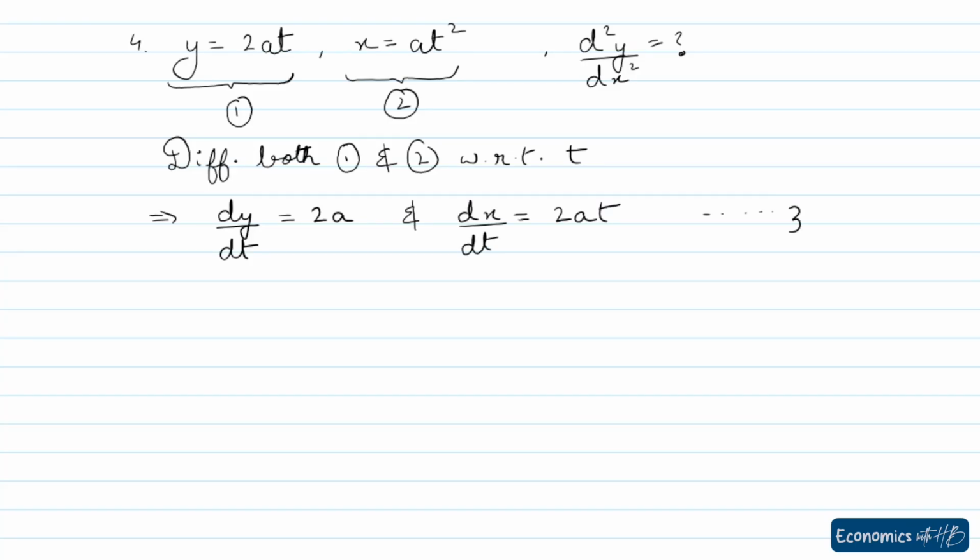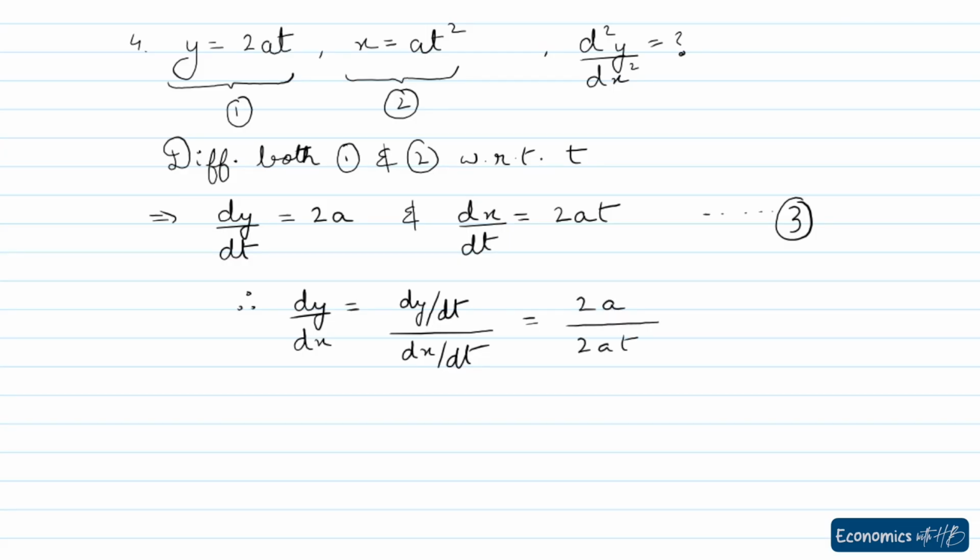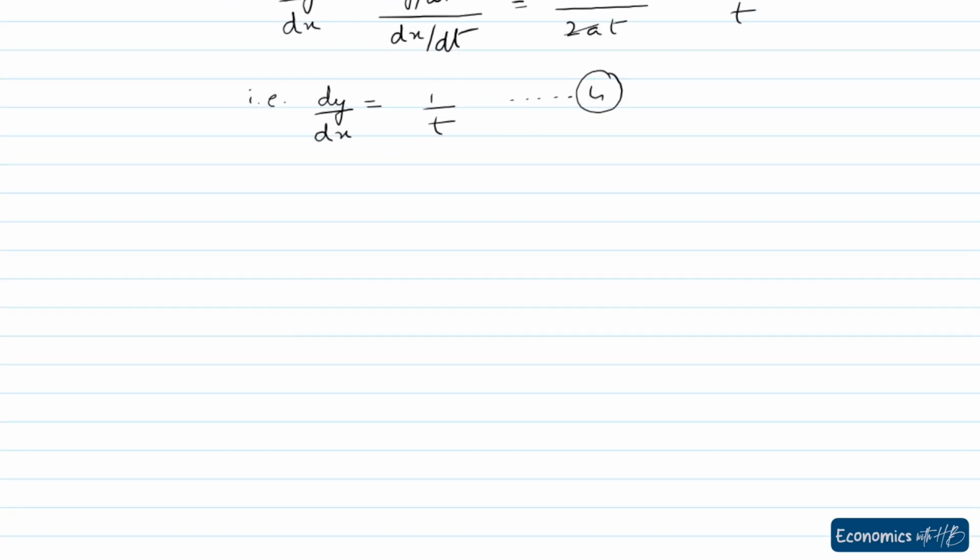Therefore, dy by dx is equal to dy by dt over dx by dt. So we get dy by dx is 2a over 2at. 2a and 2a cancel out, so we get 1 by t. Therefore, dy by dx is equal to 1 by t. Or we can write this as dy by dx is equal to t to the power minus 1, taking it into the numerator. Differentiating this equation,